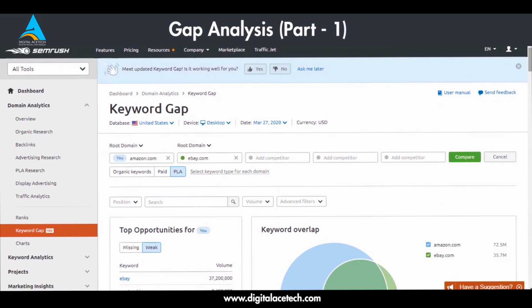So this was the first part of the gap analysis section known as keyword gap. You can use it to understand your own keyword strategy